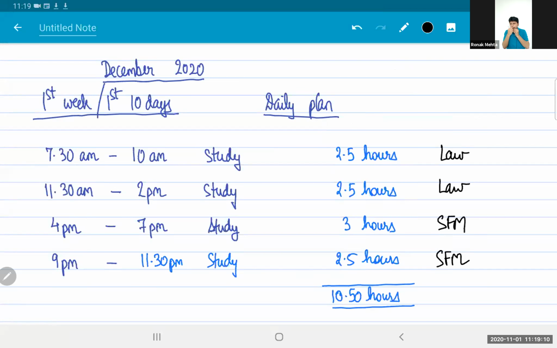Why am I suggesting a combination of theory and practical? If you study only practical, suppose you devote the full day for SFM, that day will be very pleasant for you. But then there will come a day when you will have to devote the full day for law, which will be a horrible day. If you study one subject on a single day, then sooner or later SFM will get over. Sooner or later you will have to pick up law. Sooner or later you will have to pick up audit. You'll have to devote the full day for law, full day for audit. That much theory nobody can study. So don't commit that mistake.